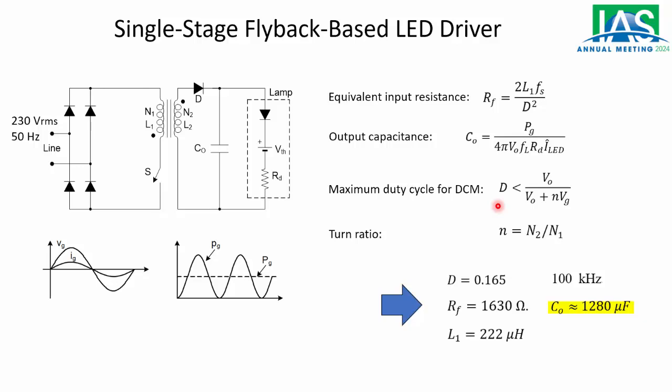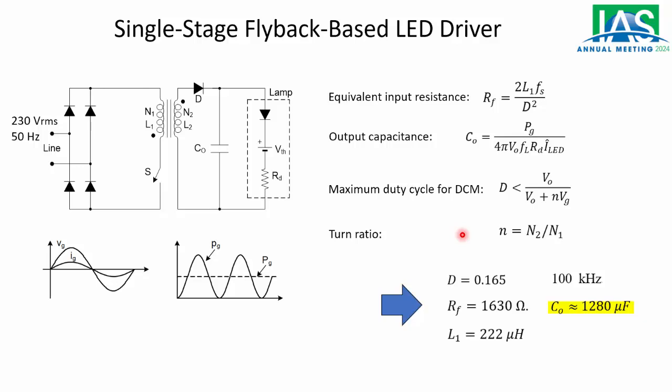This is the maximum duty cycle for operating in discontinuous conduction mode. So this is an important parameter. We cannot operate with a duty cycle higher than this value because we will enter the continuous conduction mode and then we are going to distort the input current, so we cannot satisfy the standard of the harmonic injection into the grid. So this is the turn ratio,